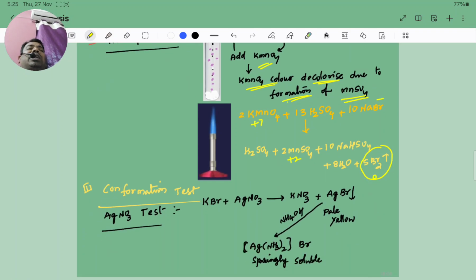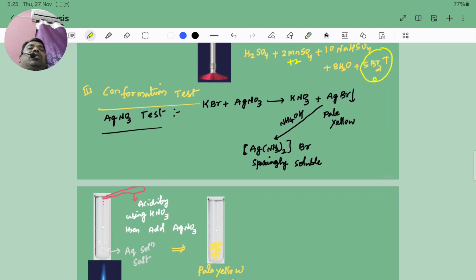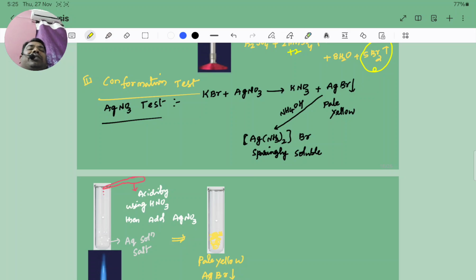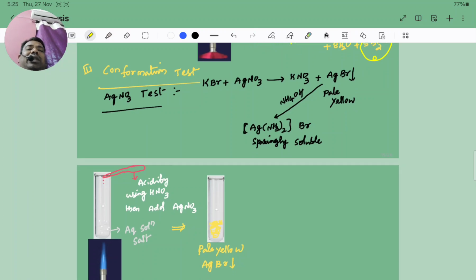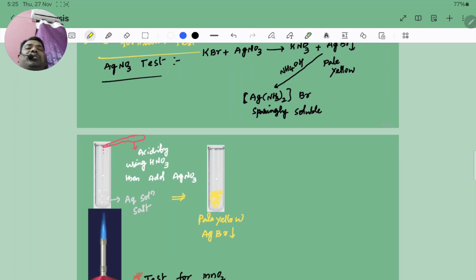Now we will move to the confirmatory test, student, right? Now look at the confirmatory test, student. First we will do the AgNO3 test. This is the general test what we did earlier, that is the chloride test, right? Take a clean and dry test tube, student. Take aqueous solution of salt, or you can take sodium carbonate extract. Acidify the solution by adding HNO3. Heat the solution, then after add AgNO3 dropwise, then it will form a pale yellow color precipitate